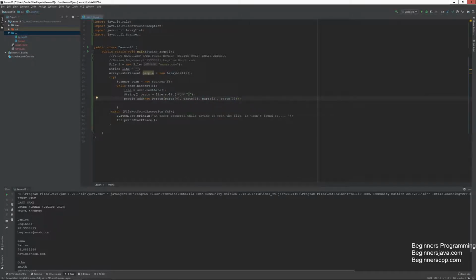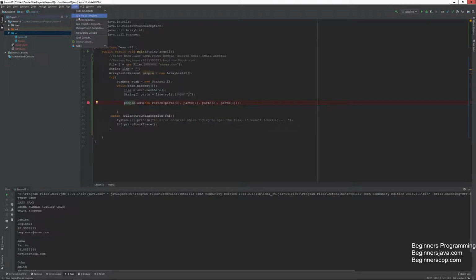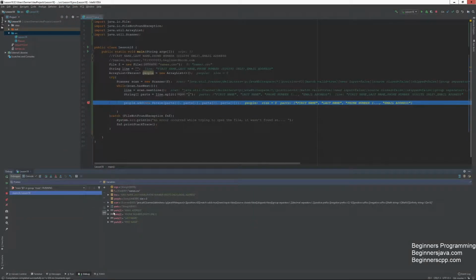That code's a little bit ugly, but basically what this is doing, and let me throw in a breakpoint here just so you guys can see this a little bit easier, is it's going to go through, and you'll see that this first line